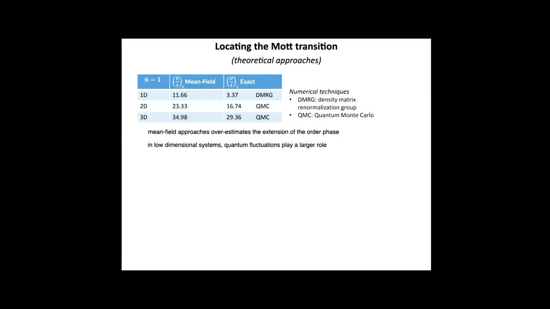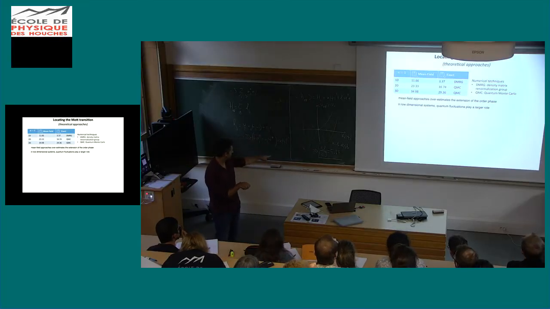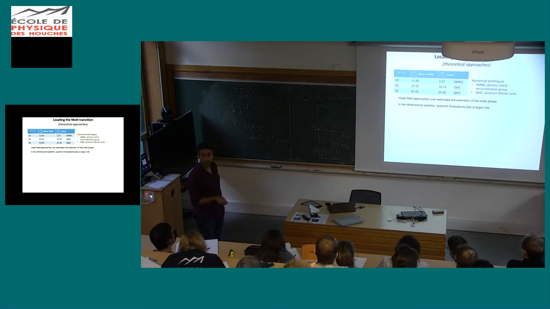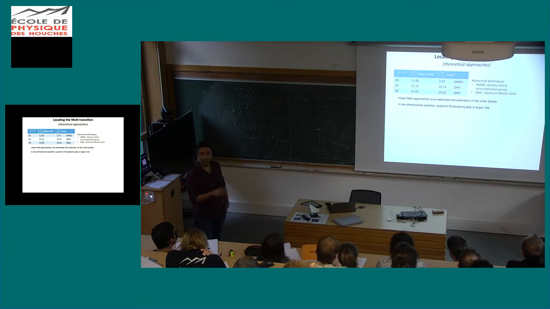And so these are the results. So the mean field, I've plotted it, so you just need to use this coordination number, and you get those values for 1D, 2D, and 3D. And you have in front the corresponding numerical result. Well, exact, it's between quotes. I mean, up to our